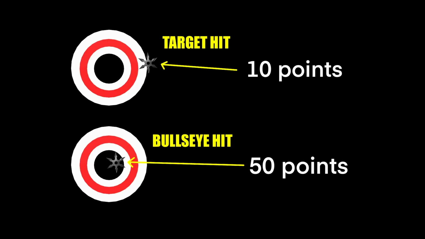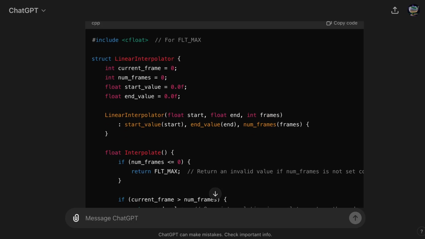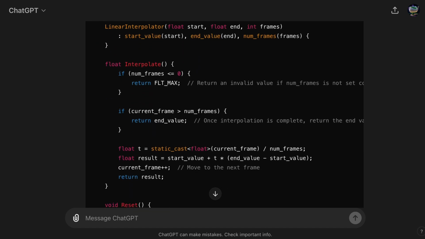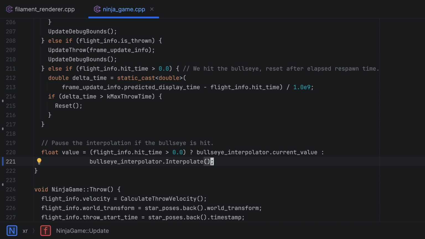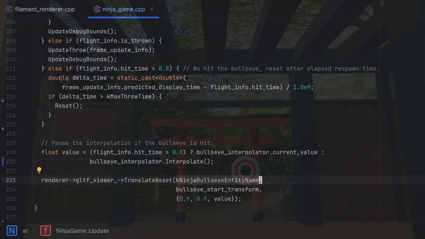For scoring, we'll give 10 points for hitting the target and 50 points for hitting the center of the bullseye. The goal is to score as much as possible in 30 seconds. To make the game a little bit more challenging, I asked ChatGPT to provide a linear animation of the bullseye target. Since ChatGPT doesn't know much about the filament library, throughout this project there were a lot more hallucinations and